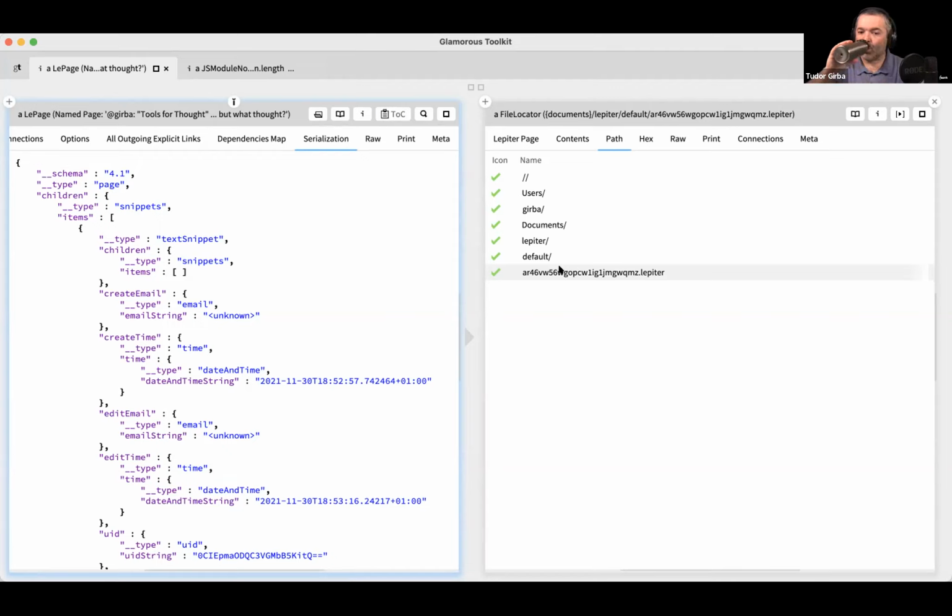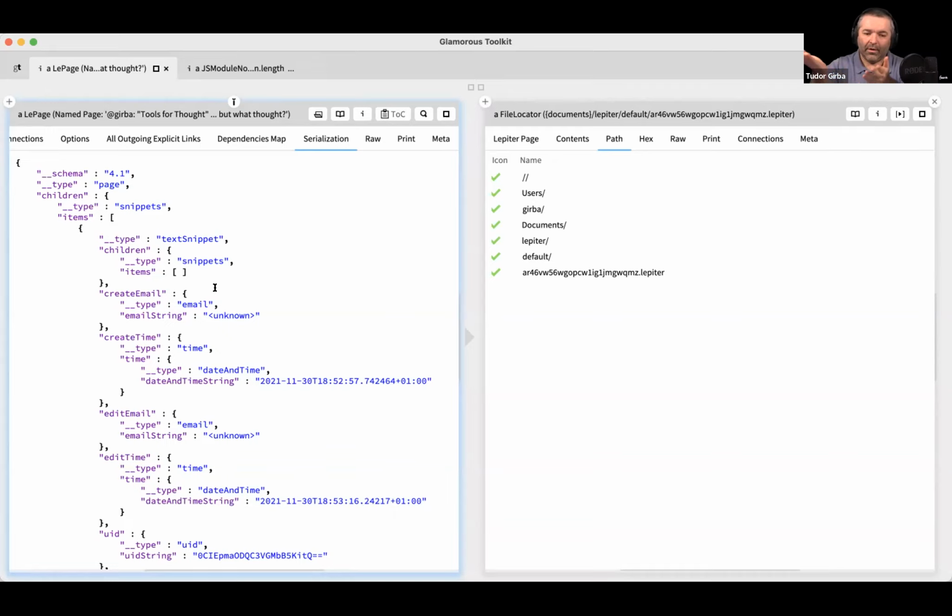Yes. Okay. And those files, that .lepiter file format, I guess one of the things I've seen from Smalltalk systems is that it kind of has the VM problem: if I'm living inside of a VM doing some stuff, and then I want to give it to Bill, I'm like, hey Bill, here's my 5 GB VM, and that's just not practical if I want to share one small change I made inside the VM. That can be really challenging. That's my surface level experience with Smalltalk-like systems. Does Lepiter or Glamorous Toolkit fall into that same challenge, or can you take individual pieces out and open them and play with them?